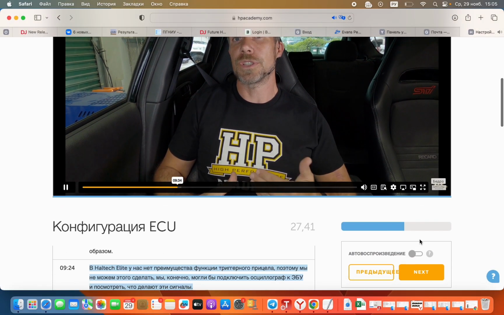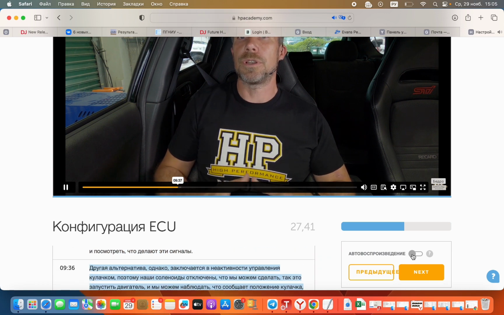In the Haltech Elite, we don't have the benefit of the trigger scope function, so we can't do this. We could, of course, hook up an oscilloscope to the ECU and see what those signals are doing. The other alternative, though, is with the cam control